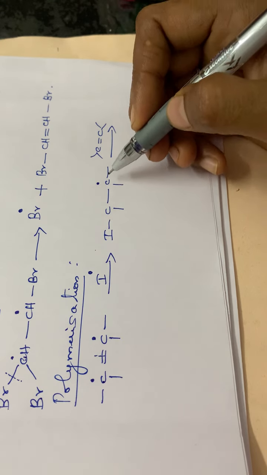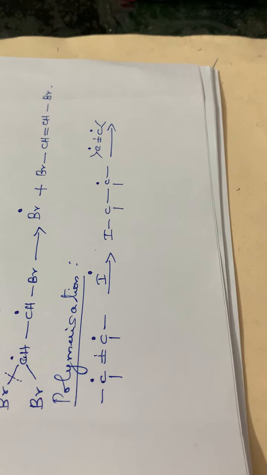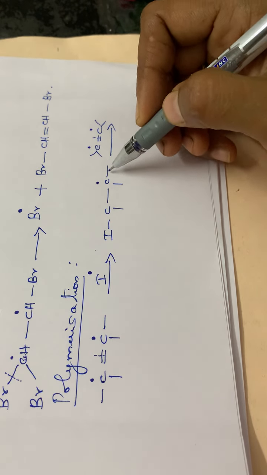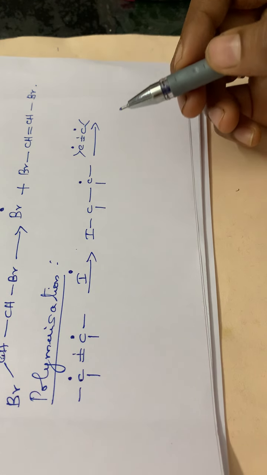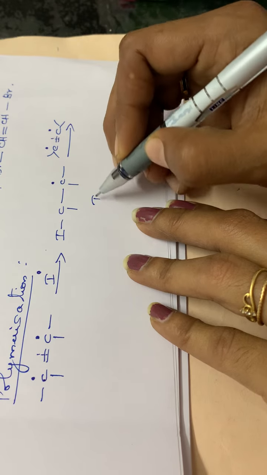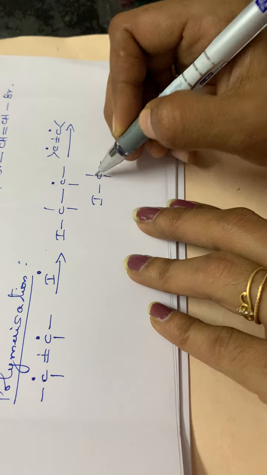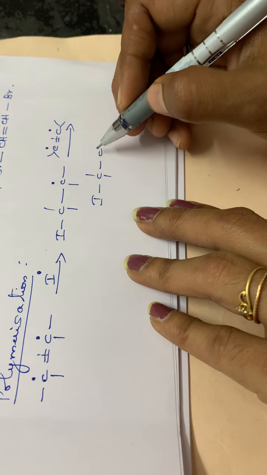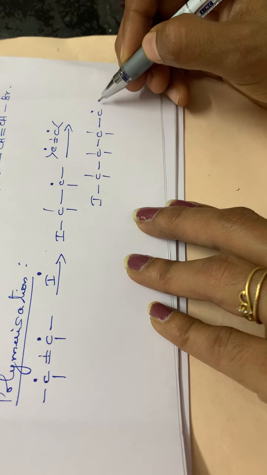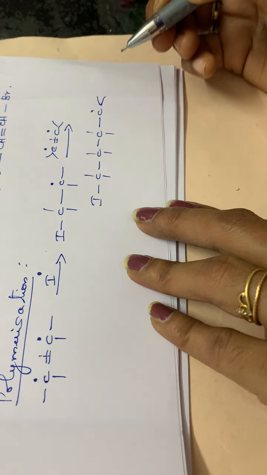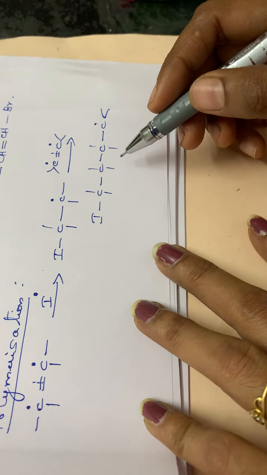Then to this again, one more ethylene molecule or an unsaturated compound will be joining. So again this particular bond breaks and it becomes C dot, C dot, isn't it? So again to this position, this carbon will be joining, so that the length of this alkane will be increasing. So the next compound will be I, C, then again C, then again this particular carbon atom. So this is the polymerization reaction.